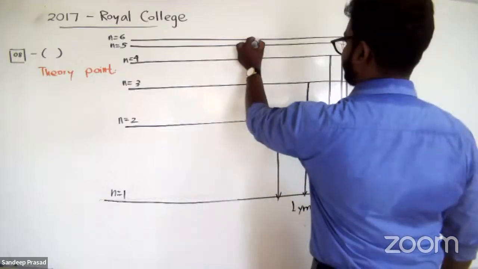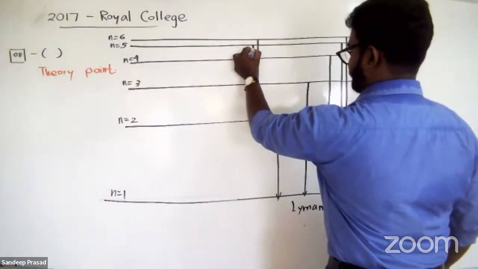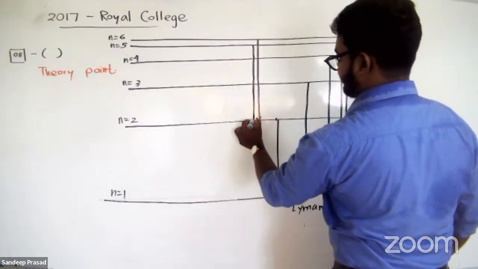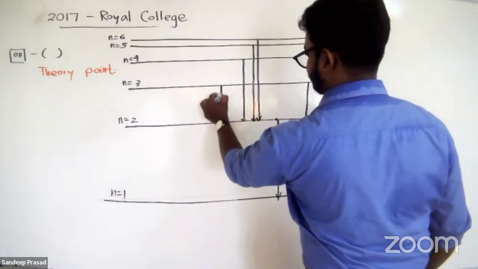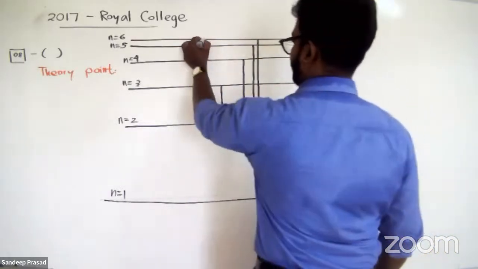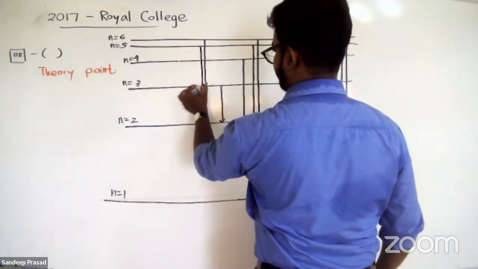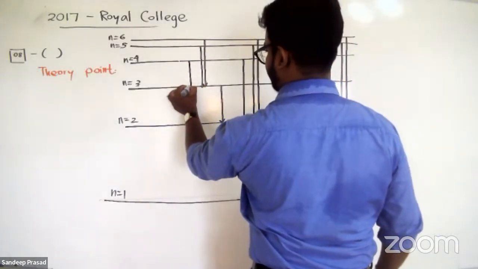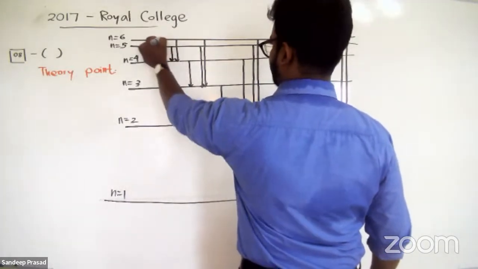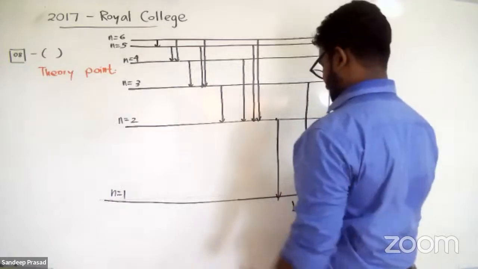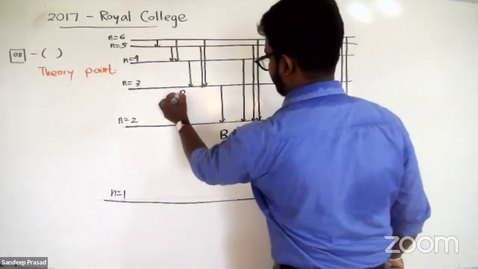Lyman. And then all the electron transitions which are falling to the second principal energy level is considered as Balmer. Next one, all the electron transitions which are falling to the third principal energy level considered as Paschen. Next one, Brackett and Pfund. Lyman series, Balmer series,